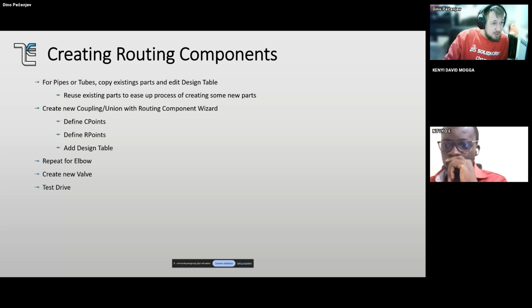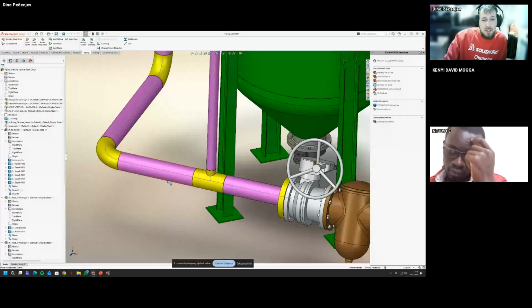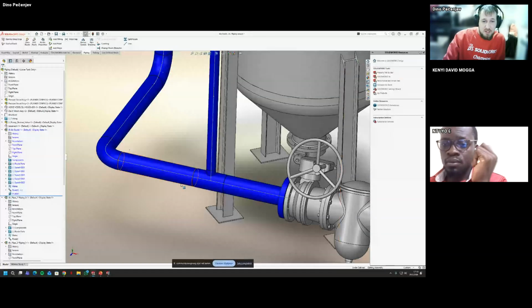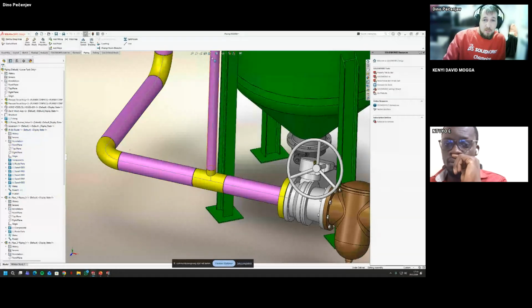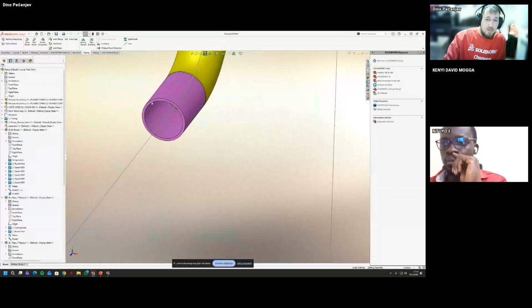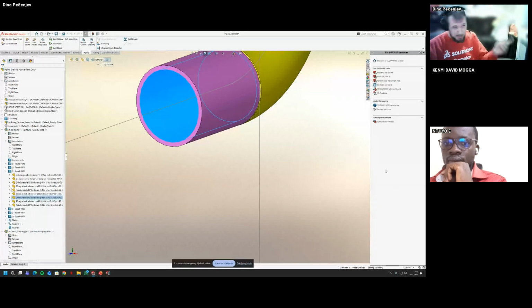Okay, before I move on, why are the pipes appearing as solids, not hollow? That's only because it appears that way when we're editing the route. This is lighter on the graphics, but the pipe itself, as you can see, it's hollow. It actually consists of the outer and inner diameter, which I'm going to talk about at this part of the demo.